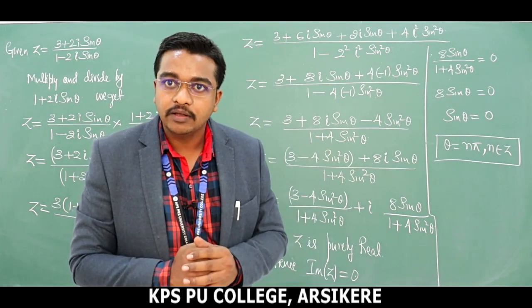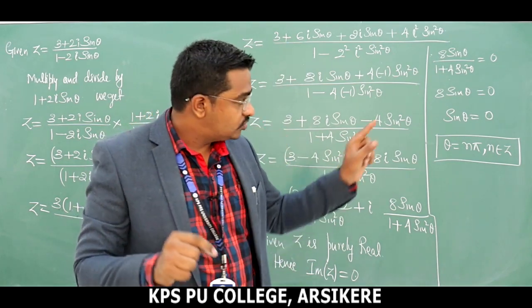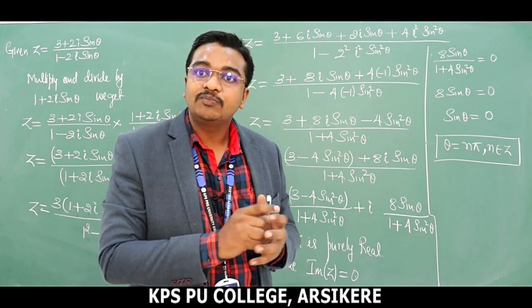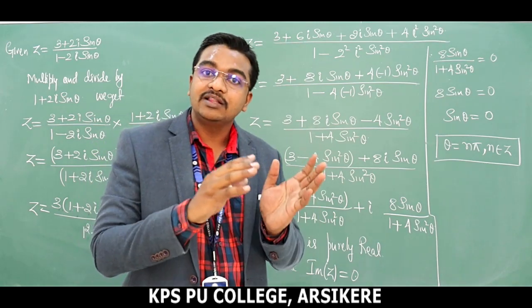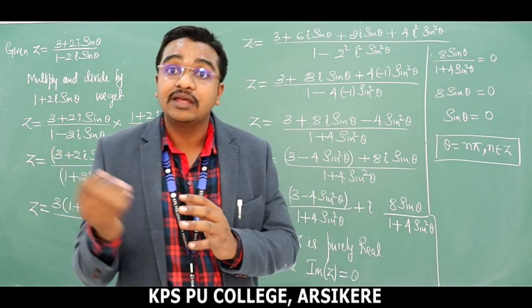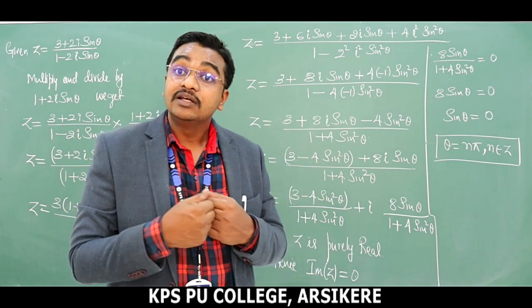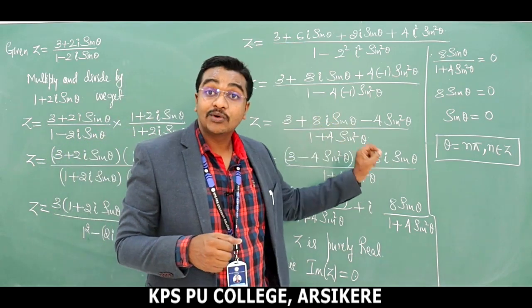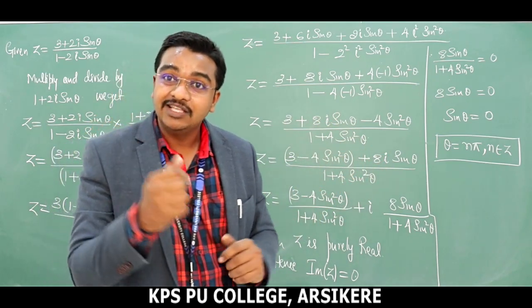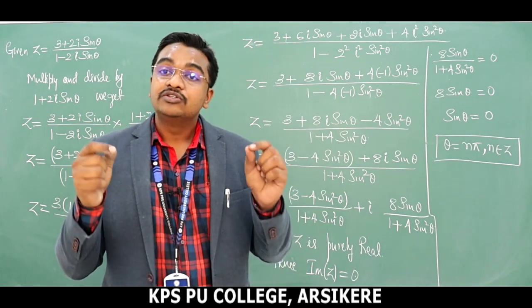How does n pi come? We will discuss those kinds of problems in the third chapter, trigonometric functions. There it will be clearly understood by you. Okay, when sin x is equal to sin y, what happens, we will discuss in chapter number 3, trigonometric functions. So just take theta is equal to n pi where n belongs to integers Z. Understood, children? Just observe here.